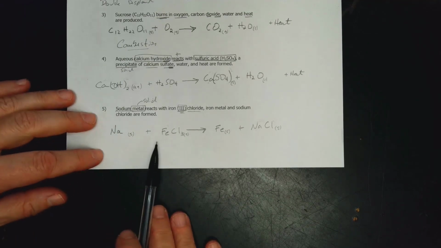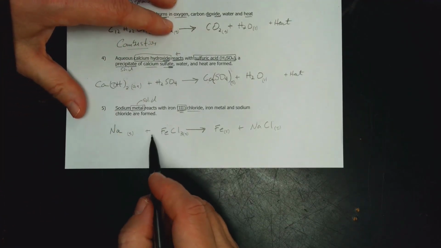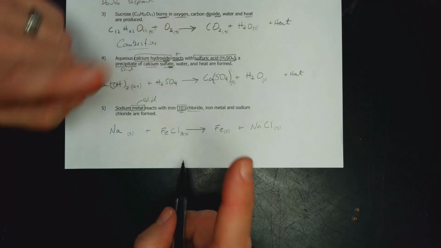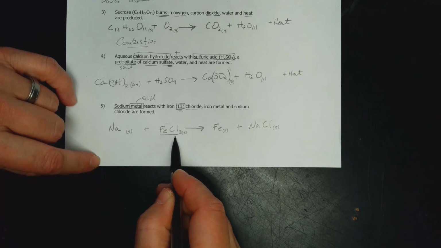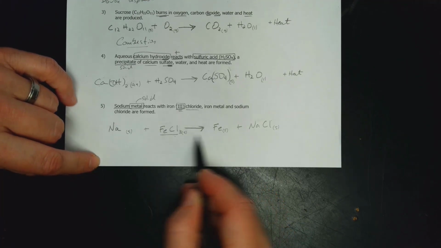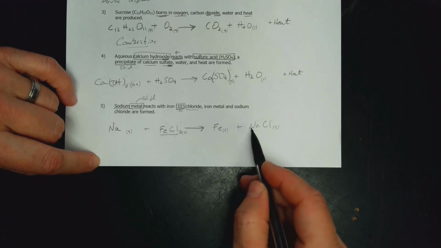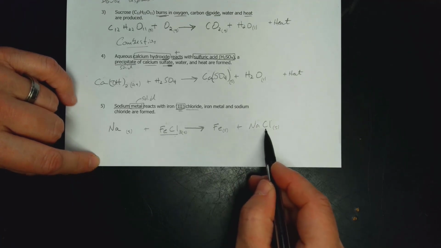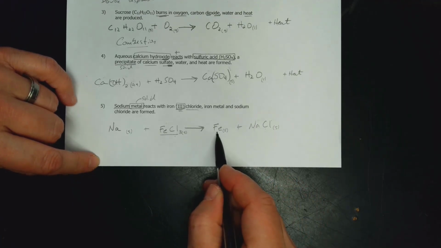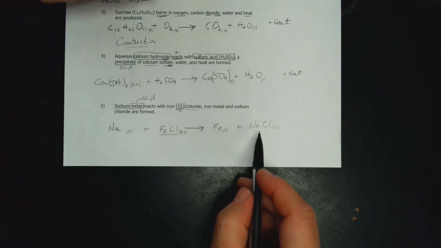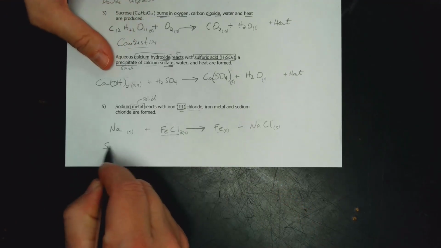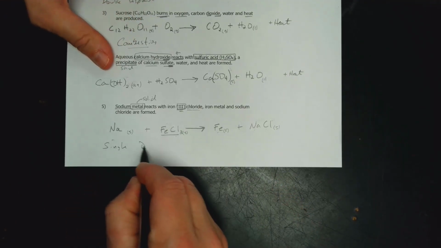So with that said, you guys, as far as what kind of reaction this is, well, again, we're dealing with a displacement reaction. But this time, only one thing is getting replaced. So here we have a compound that is FeCl. Before the reaction, the iron is pairing with the chlorine. After the reaction, we see it's the sodium pairing with the chlorine. So the iron got booted out. It got displaced by the sodium. So we have one thing being displaced. So this is a single displacement